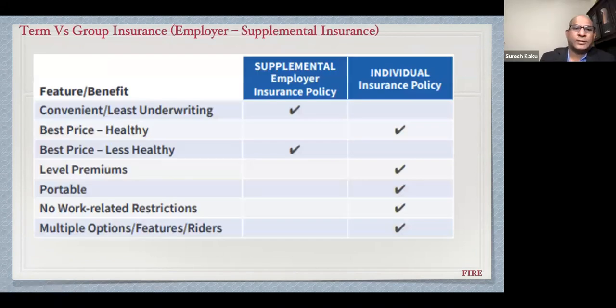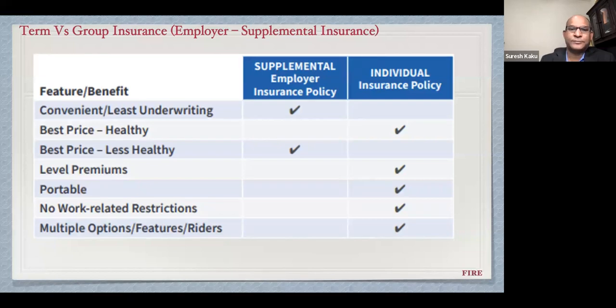So now we're going to talk about a very important slide at this time of the year. The reason being many employers have started their annual enrollment, right? So many people take supplemental insurance from their employer. Let us say our needed coverage is 1.2 million, just like in the previous slide. And let's say the employer is offering $500,000. And for the rest of the 700,000, some people take from the employer, and not knowing, they may be paying